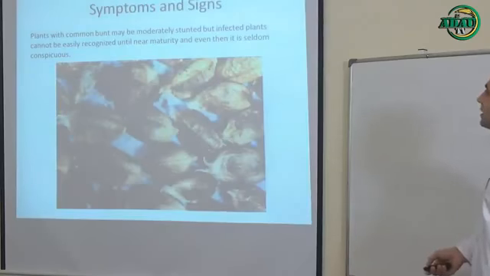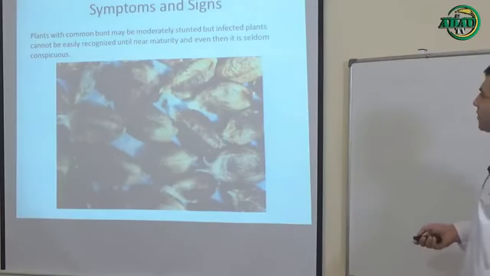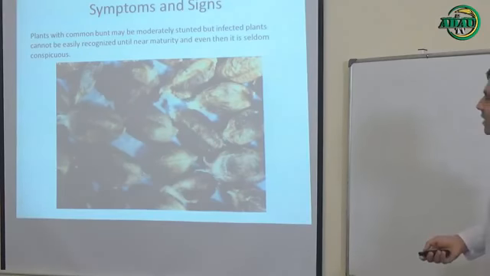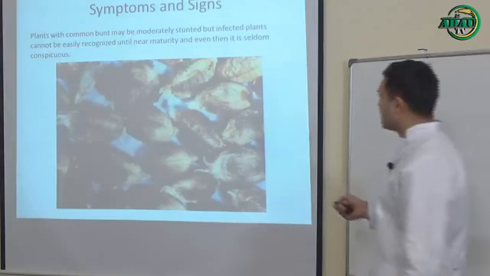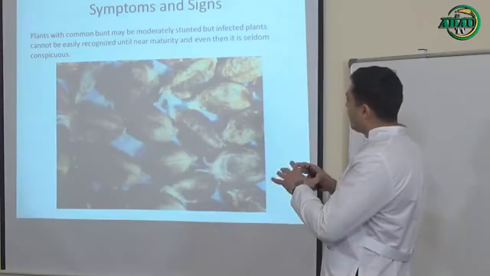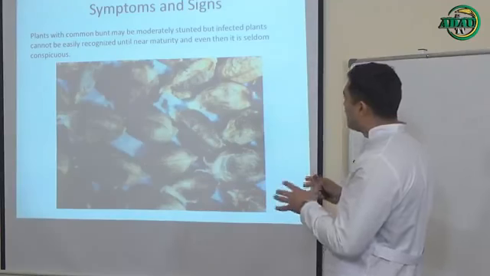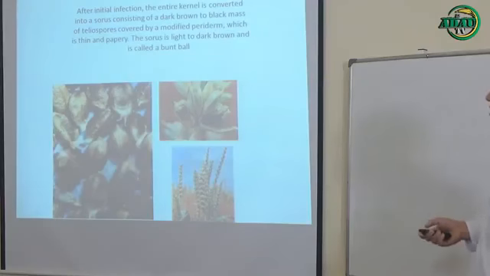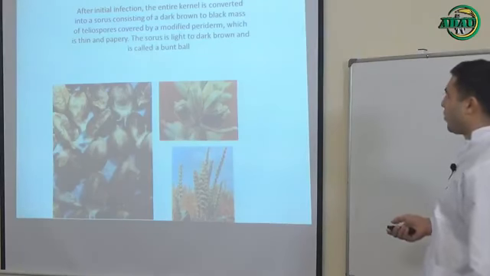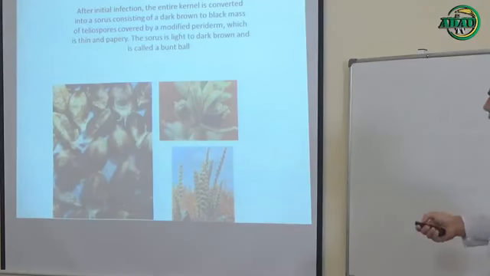So, the symptoms and signs: plants with common bunt may be moderately stunted. In the infection, plants cannot be easily recognized until near maturity, and even then it is seldom conspicuous. Here you can see infected seeds; you can see how the surface of the seeds changed color, and also some deformation of the seeds. After the initial infection, the entire kernel is converted into a sorus that consists of dark brown. You can see here the dark brown